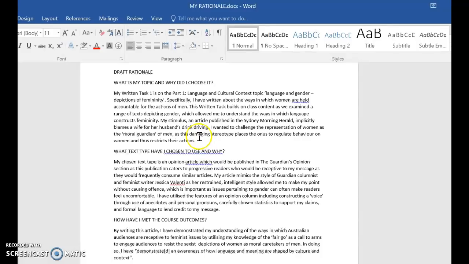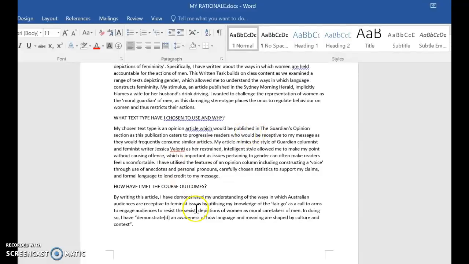I wanted to challenge the representation of women as the moral guardian of men, as this damaging stereotype places the onus to regulate behaviour on women and thus restricts their actions. My chosen text type is an opinion article which would be published in The Guardian's opinion section, as this publication caters to progressive readers who would be receptive to my message as they would frequently consume similar articles. My article mimics the style of Guardian columnist and feminist writer Jessica Valenti,